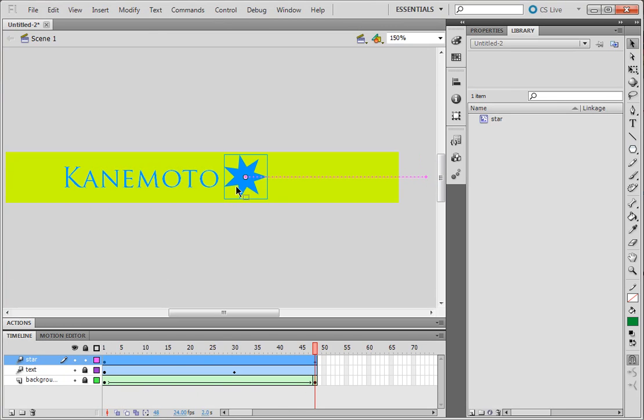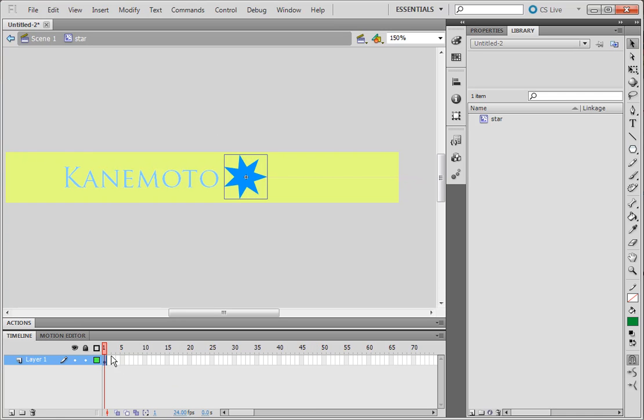And when I double click on that movie clip, because he is a movie clip, he has his own internal timeline that I can edit independent of scene 1's timeline. So I'm going to go ahead and do that. I'm going to right click on my